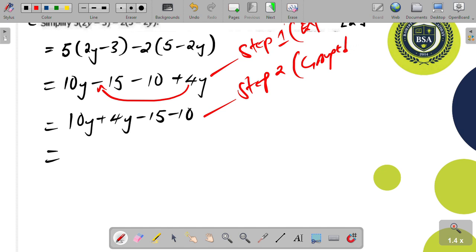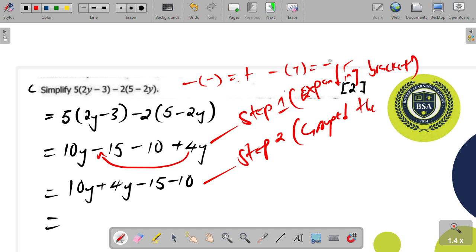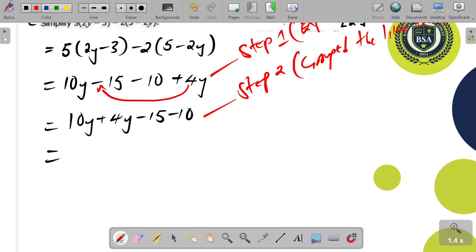We grouped the like terms. I hope you're writing these notes down. The what? The like terms. We continue. Okay, so since here we have grouped the like terms, let me just cover this here and then this also here,